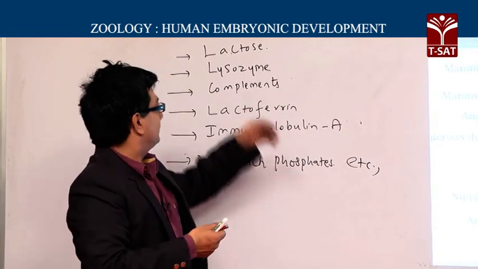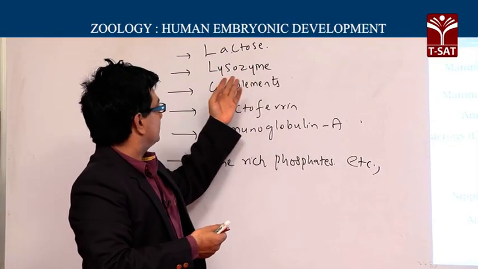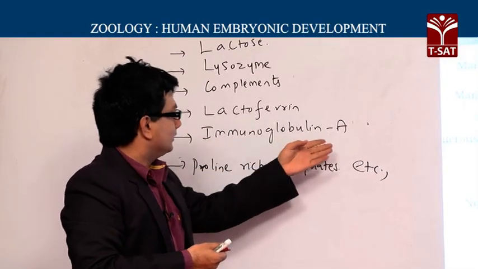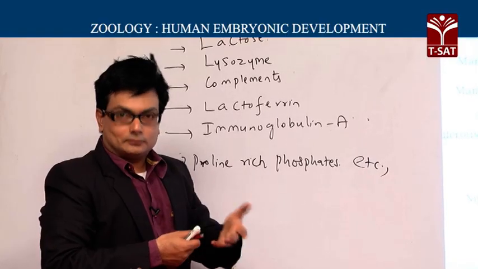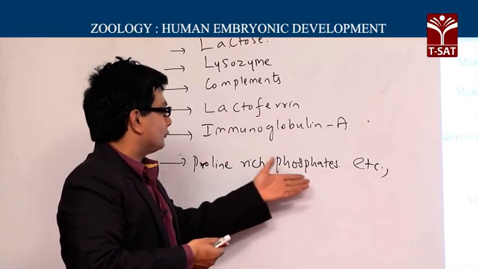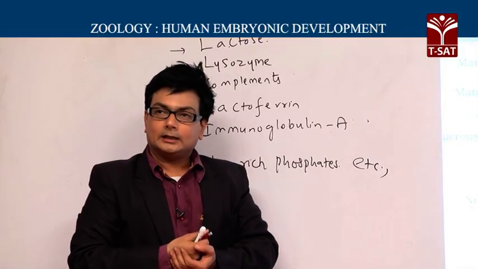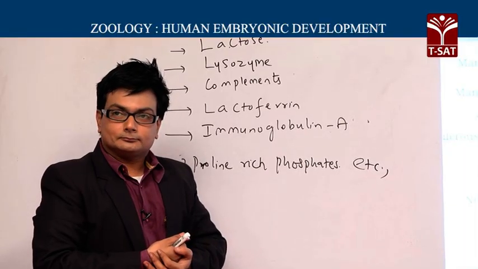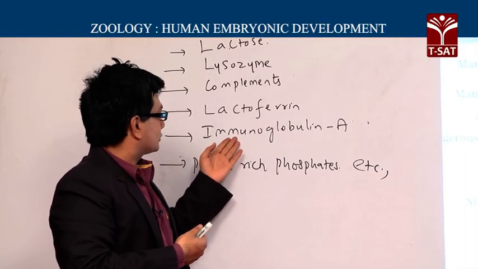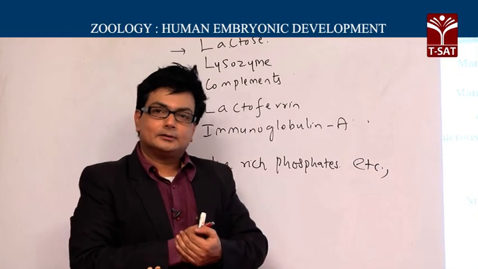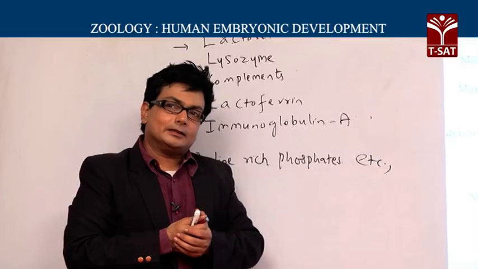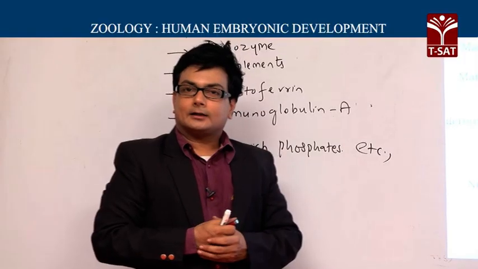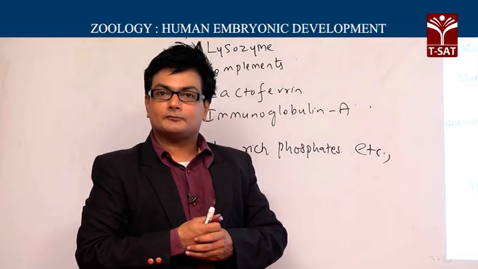Some of them let us examine: lactose, lysozyme, complements, lactoferrin, immunoglobulin A, G and M are also possible, and proline-rich phosphates, etc. When we study the composition of the colostrum, it proves that there is presence of antibodies in it. So, breastfeeding in the initial stages of human development: we have learnt how 4 different hormones are responsible for the